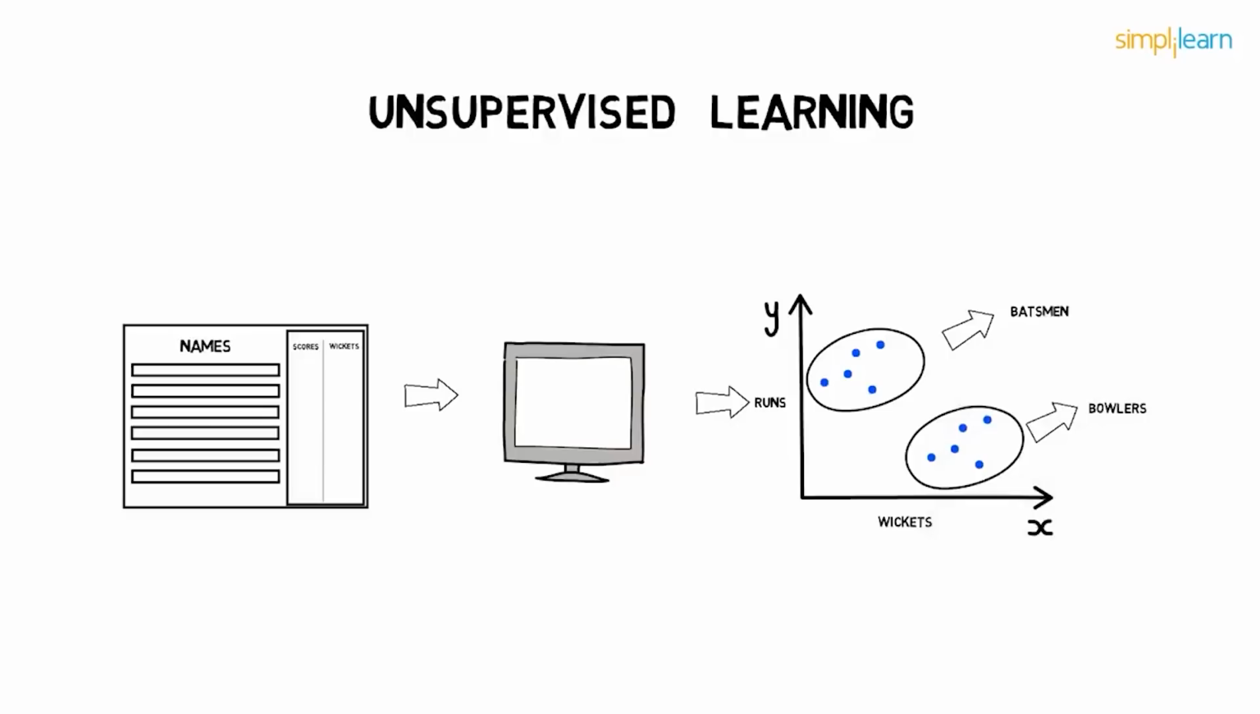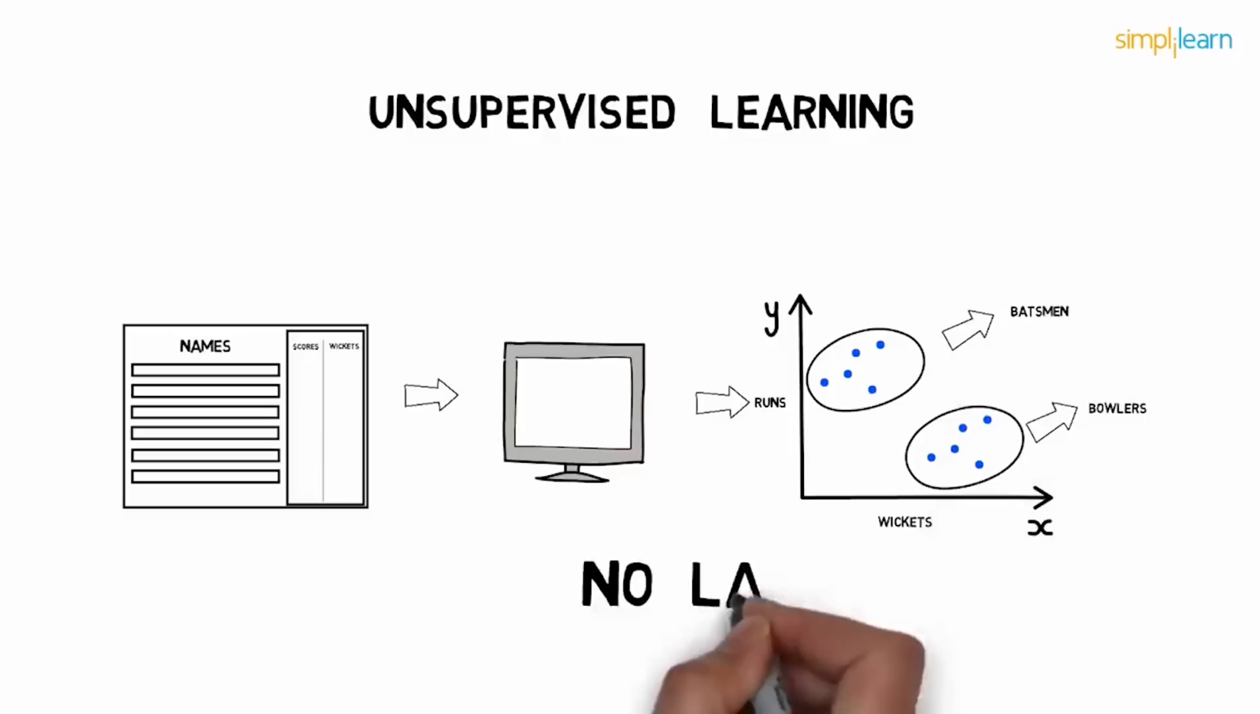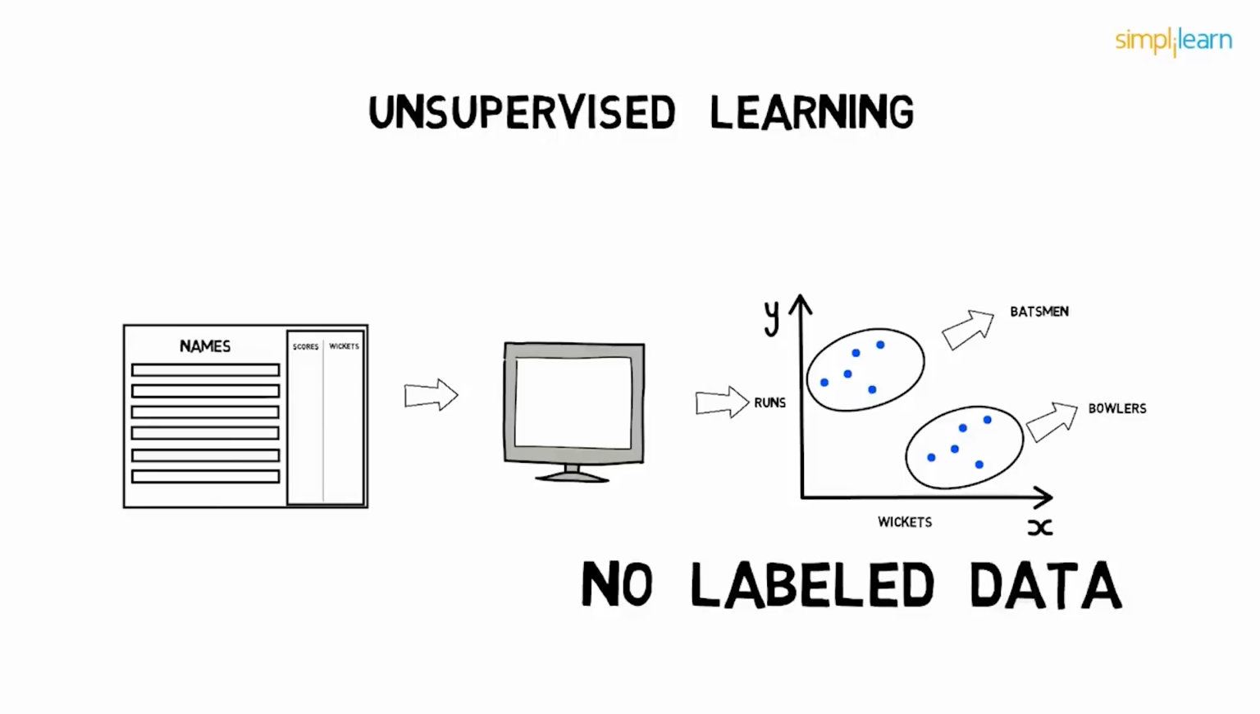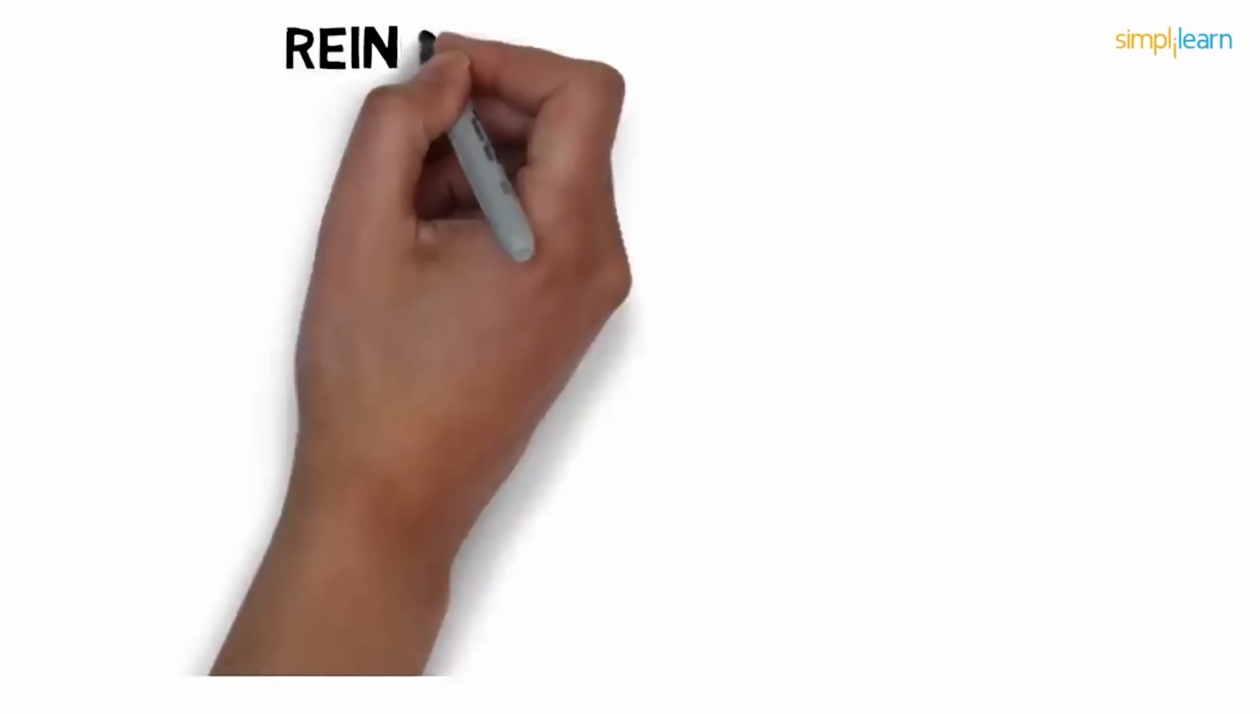The important point to note here is that there were no labels of batsmen and bowlers. Hence, the learning with unlabeled data is unsupervised learning. So we saw supervised learning where the data was labeled and the unsupervised learning where the data was unlabeled. And then there is reinforcement learning, which is reward-based learning, or we can say that it works on the principle